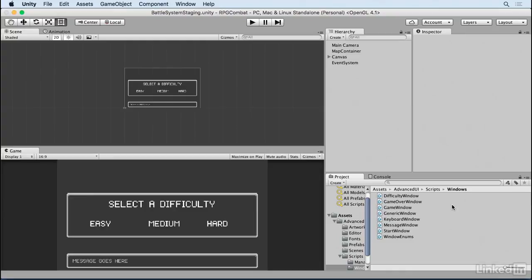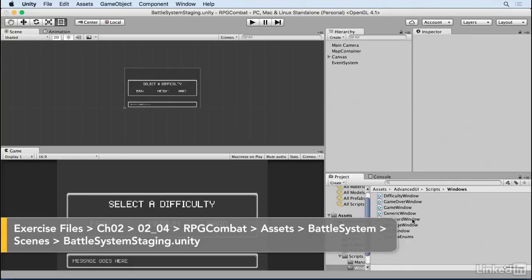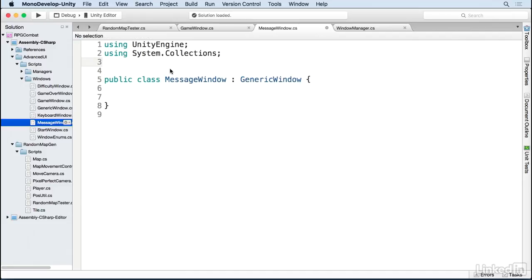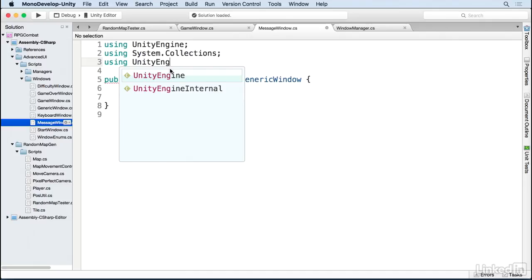Now that we're able to show our message window, it's time for us to display text. Let's go ahead and open up the message window class. At the top of our class, we're going to need to bring in the Unity UI namespace. Once we have access to those classes, we can make a reference to the text instance that's inside of our